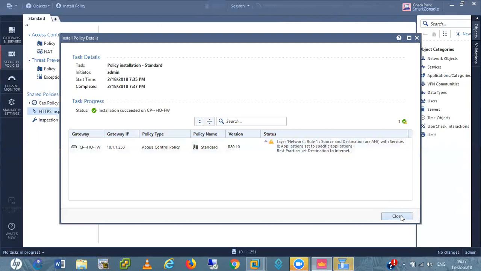See, we are also getting one error here. Network rule 1 source and destination are any with services and application set to specific applications. Best practice is to set destination to internet, which means Check Point also created a network object for all the public addresses. Generally these websites are publicly available and all have public IPs. Here it basically allows any IP, public or private.